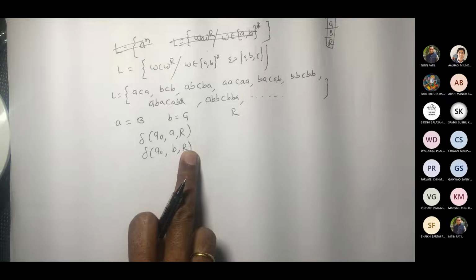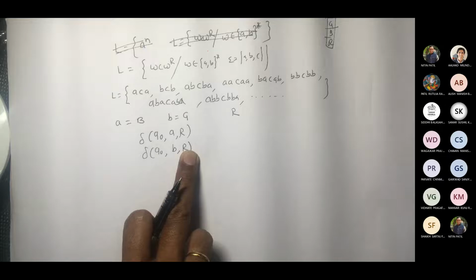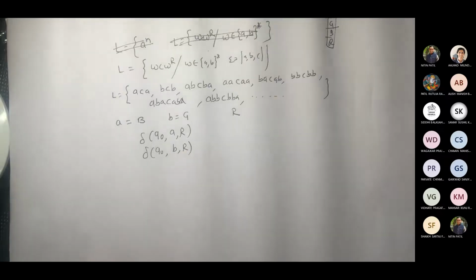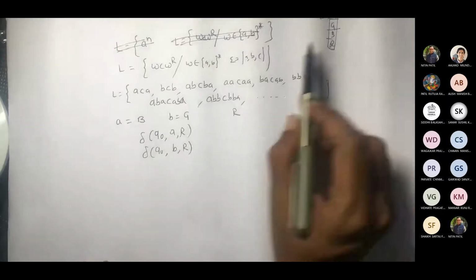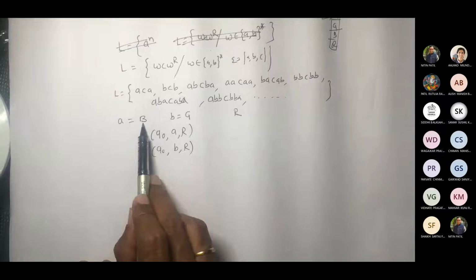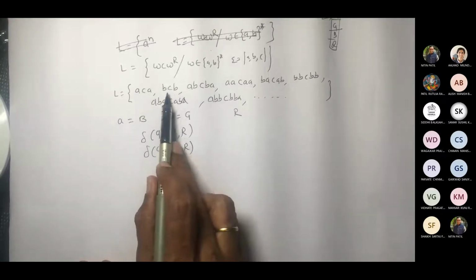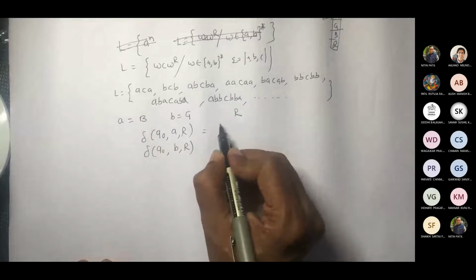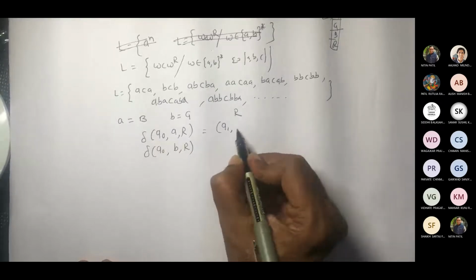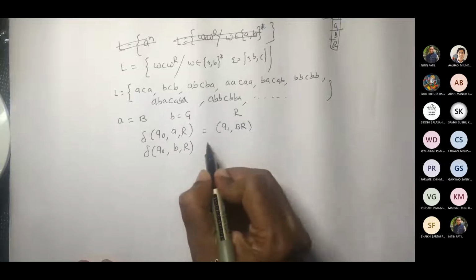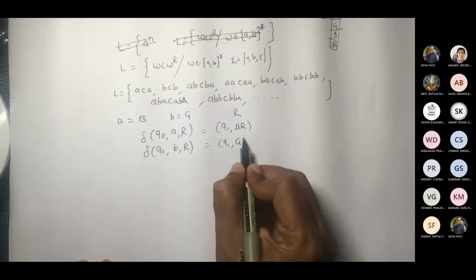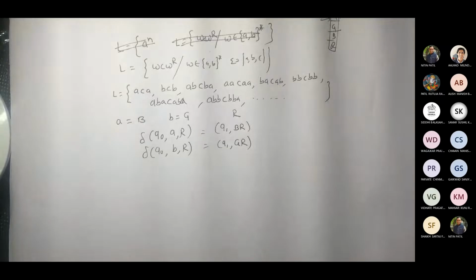Now, okay. So now if it is the case that we are going to see this, as we already stated, whenever we see A, we are going to push B. So we are going to keep tracking this until we reach C. So as a point of case, I will write Q1, B R, Q1, G R. So one of them would definitely be executed at one point of time.